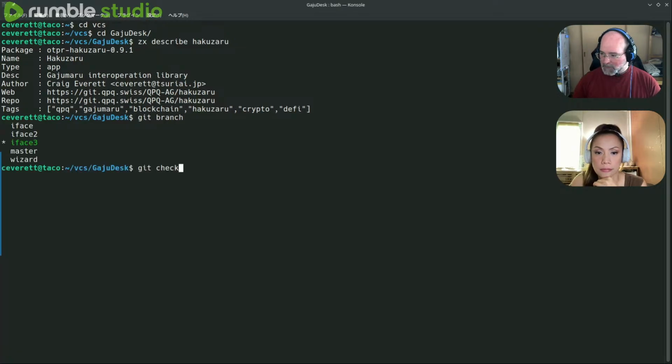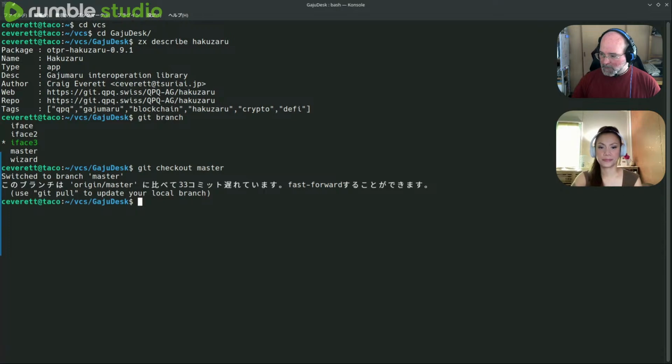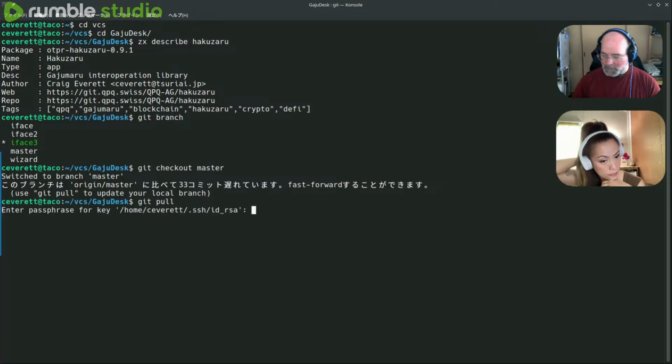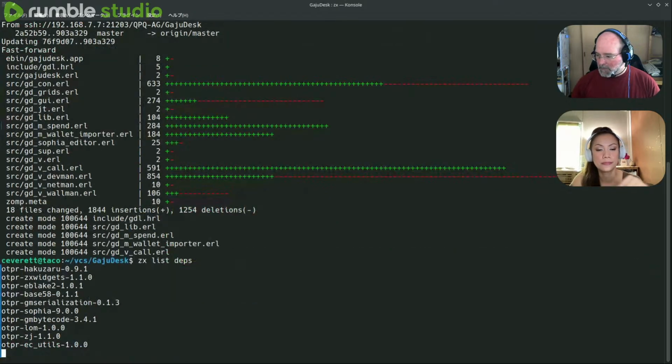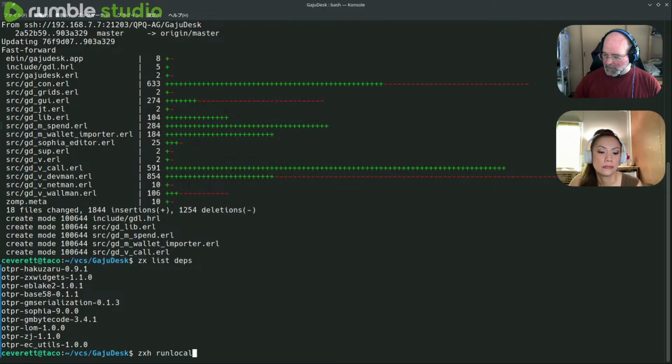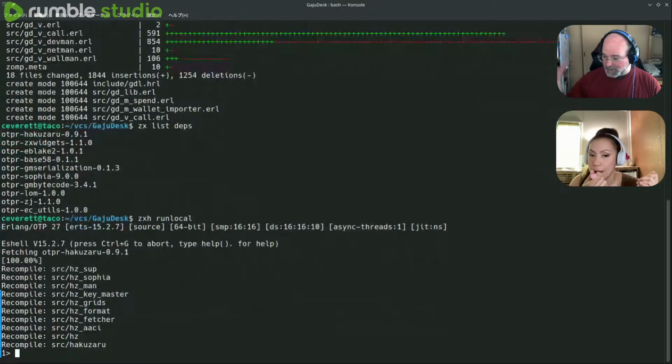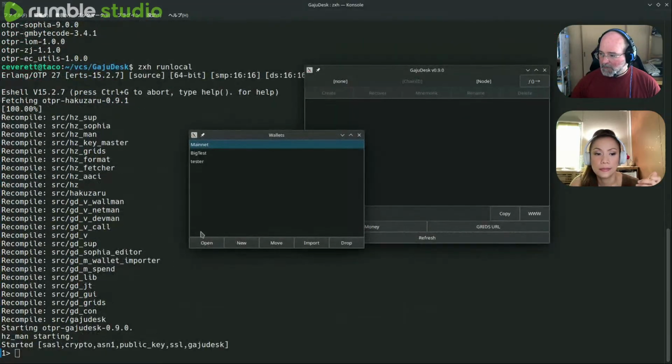Git checkout master. Okay, so now we're depending on 0.9.1. So this is the latest one, and we're going to do run local, and it should just build everything and go. And it did. So that's good.